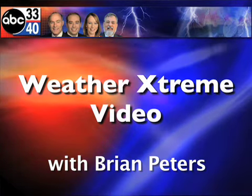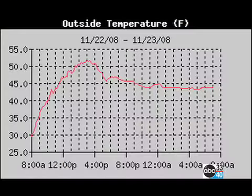And let's get right to a little graph of my temperature plot. And this is what happens when the clouds come in a little thicker and a little sooner than you expect. You can tell exactly what time those clouds came in when they came in the late afternoon and then stayed through the whole evening and into the early morning hours. That temperature just flatlined, and that can mean a busted forecast,